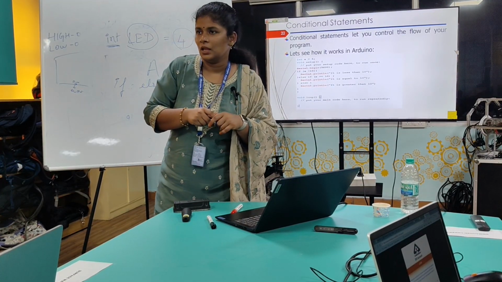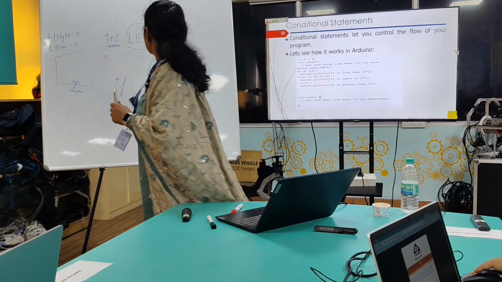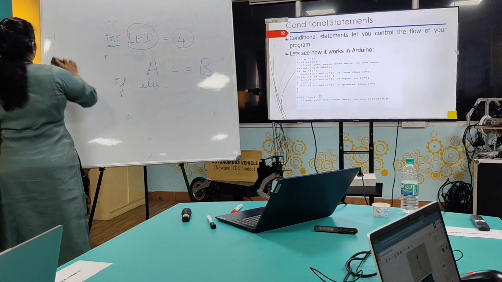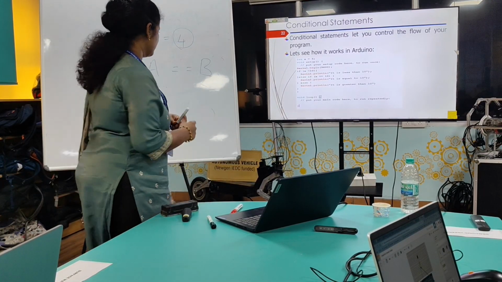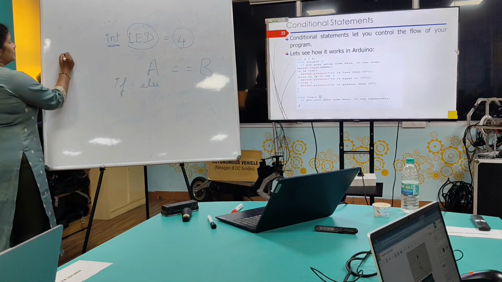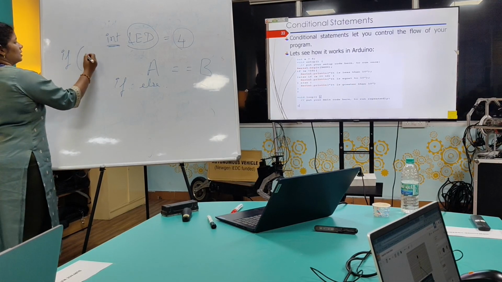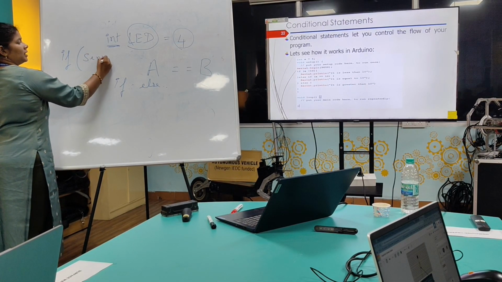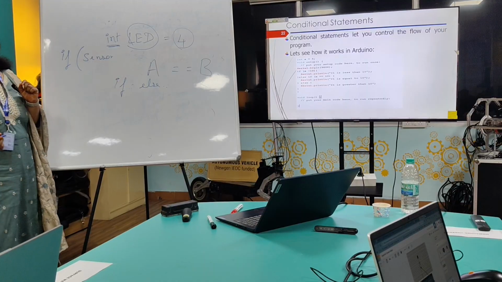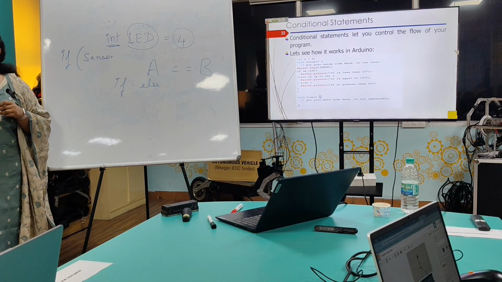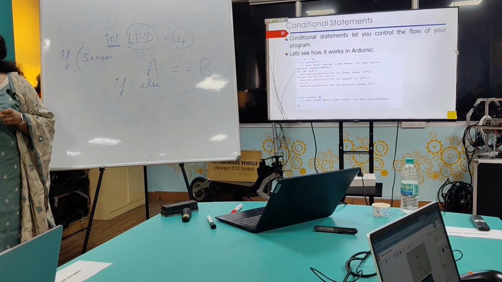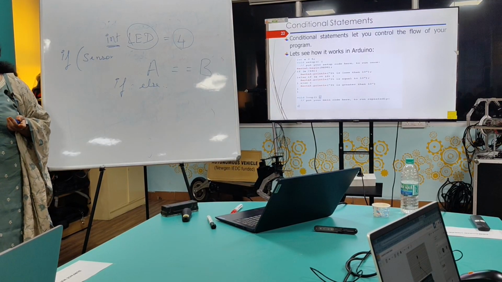So we can write it in such a way that if the sensor, whatever we are connecting, if the sensor value is, probably we can set up a threshold. We can say that if it is greater than or equal to a certain level, then do this, else don't do it.